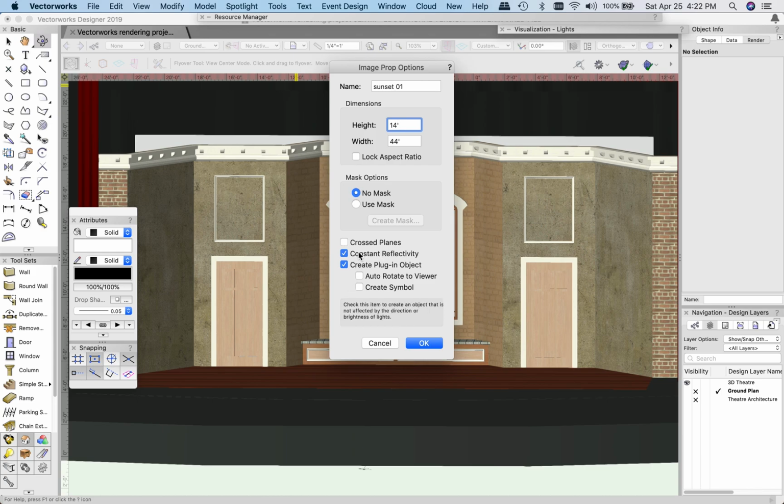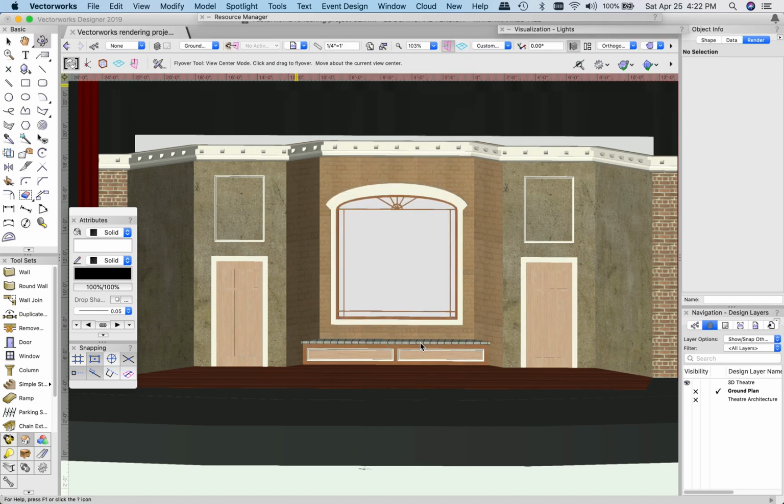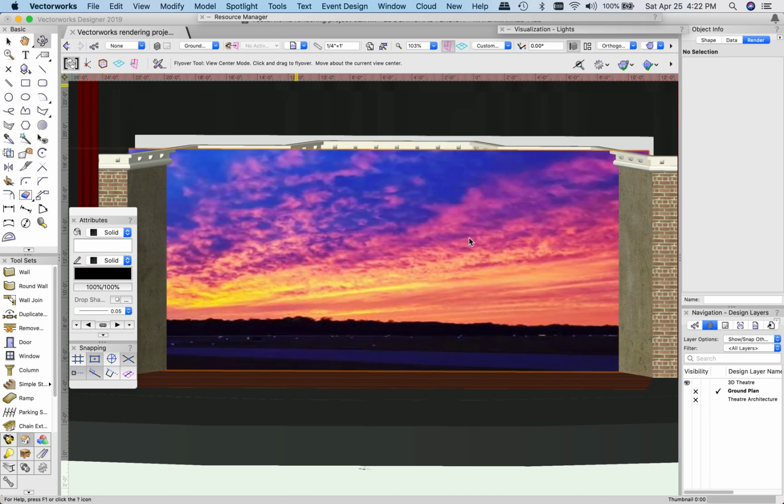And then this constant reflectivity is one that I will sometimes uncheck. This just means that even in a dark environment, like if I turned off all the lights in the area, it would still appear just like the JPEG image that it is. That's useful if you want it to appear like a projection or something like that, which would appear as a constant lit up object. So we're just going to say okay. It's going to think for a second, and then it's going to plop it down kind of in the middle of your screen. So we need to go to a top view